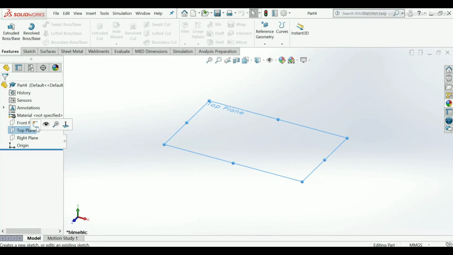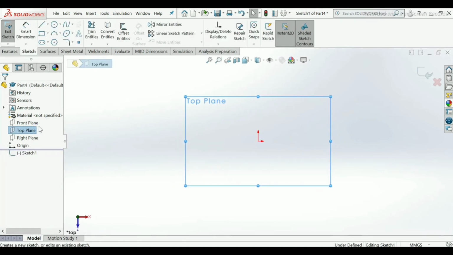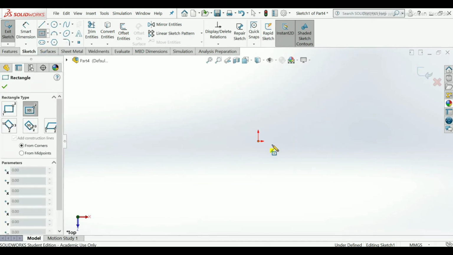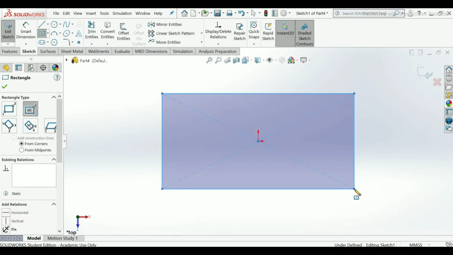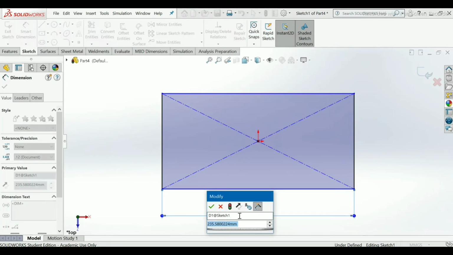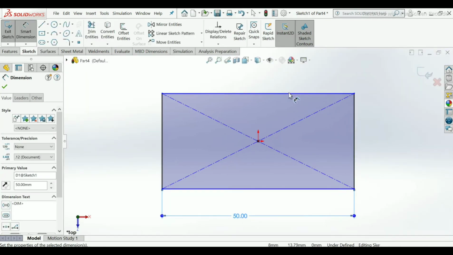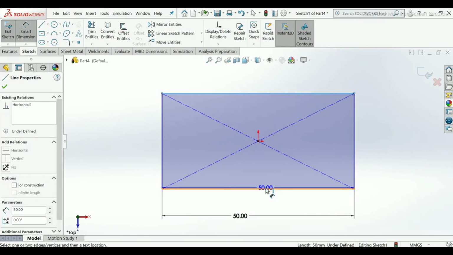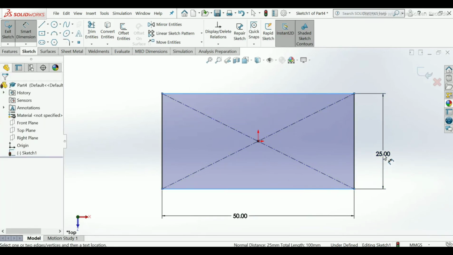Select top plane, sketch, center rectangle, use smart dimension, 50 mm, and this will also be 50 mm.